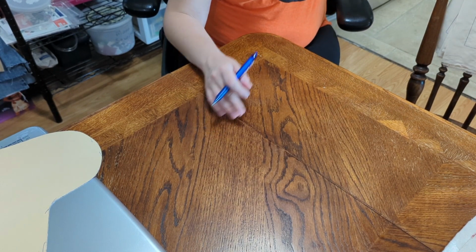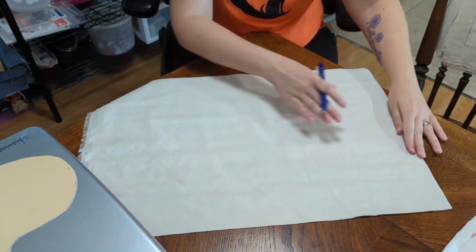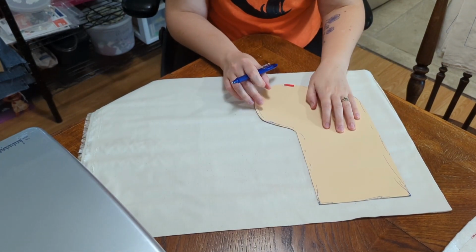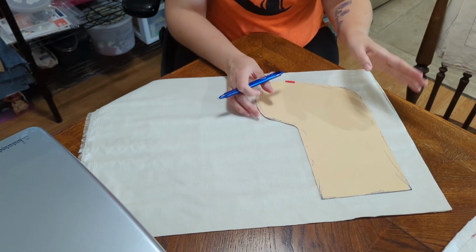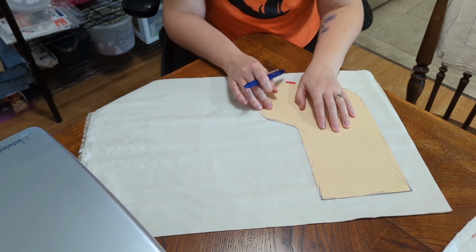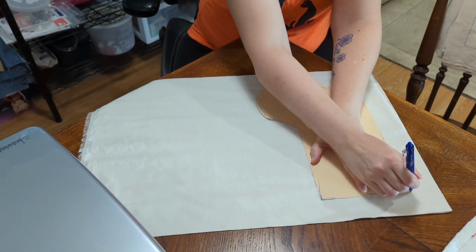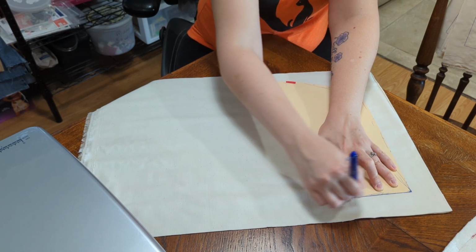And here's the nice part about this. I chose to use just some muslin, inexpensive. I actually got this at Walmart when they were clearing out bolts in my local store, and got this for $1 a yard, so go me. Got that a few months ago. Now this muslin right here is doubled up